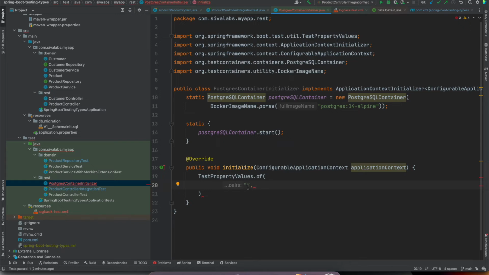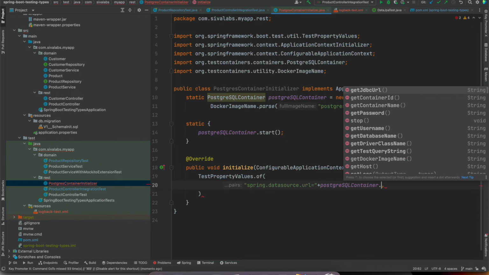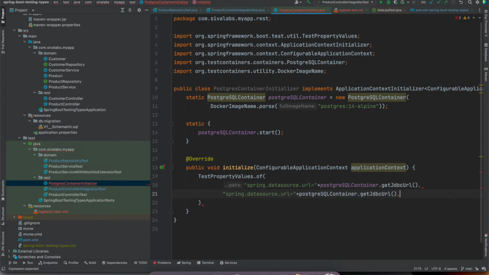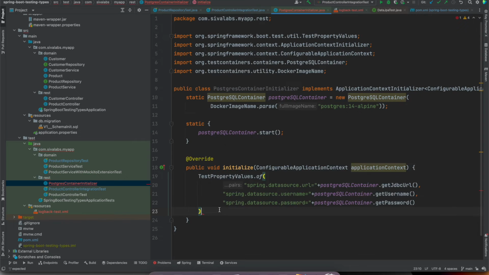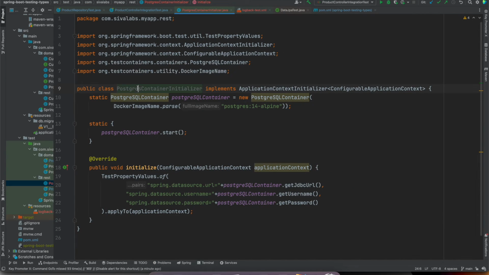So here these values would be spring.datasource.url equals postgresContainer.getJdbcUrl(), and similarly I'm going to configure username, which will be getUsername, and password would be getPassword, and I need to apply this to this application context here. Again, to recap, I am creating a class called PostgresContainerInitializer, and I am implementing